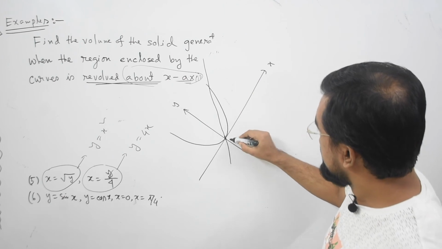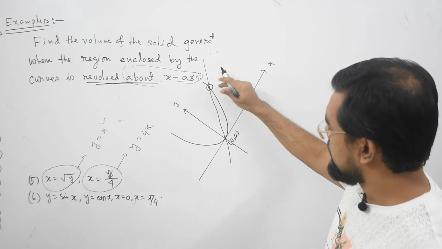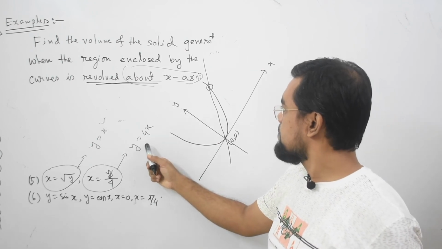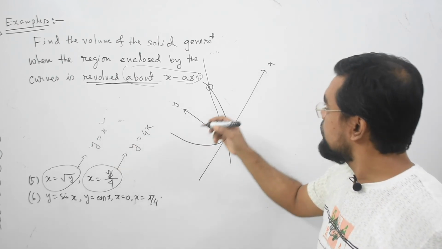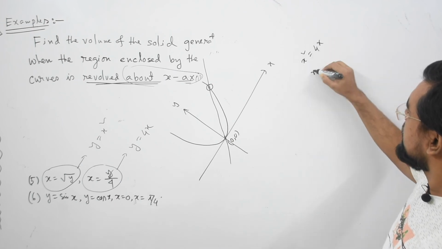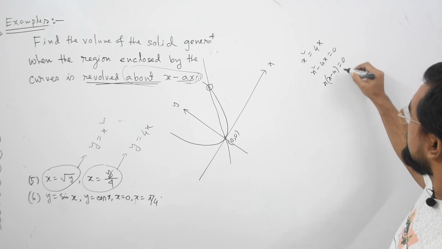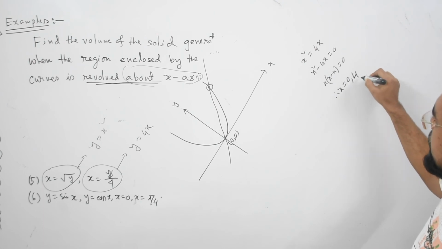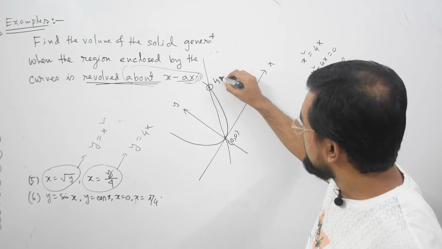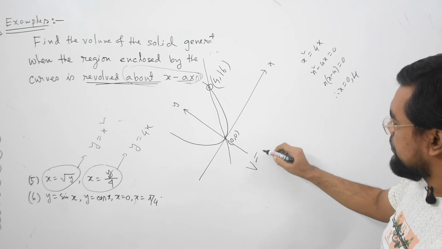And the question is, what is the point of intersection? What is the coordinate of this point? To know that, you can equate these two equations. So you can write x square equal to 4x, x square minus 4x equals 0, x times x minus 4 equals 0, so x equals 0 and 4. When x equal to 4, y equals 16. So this point is 4, 16. So the volume will be